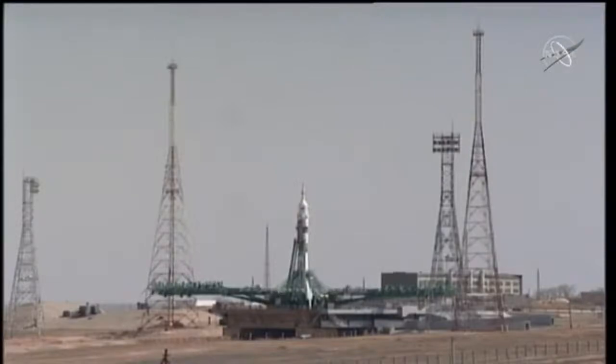Crew 1 currently docked. All right, let's do one more for right now. This one comes from Deanne, who